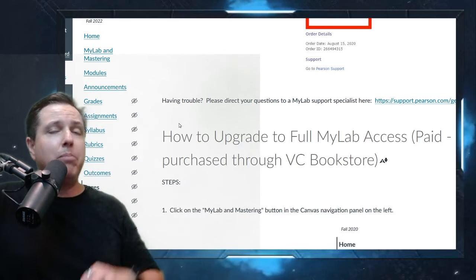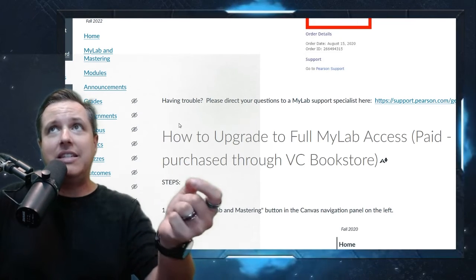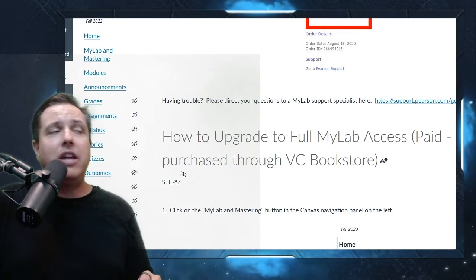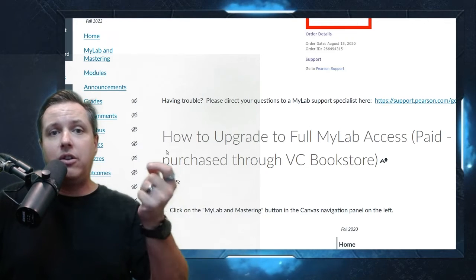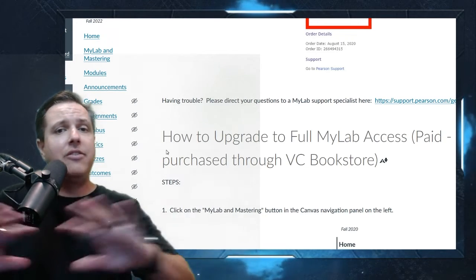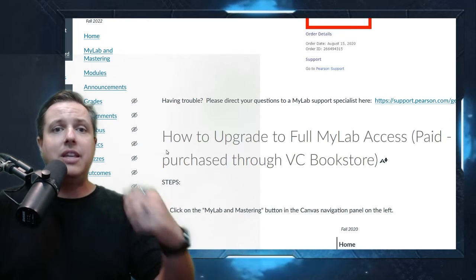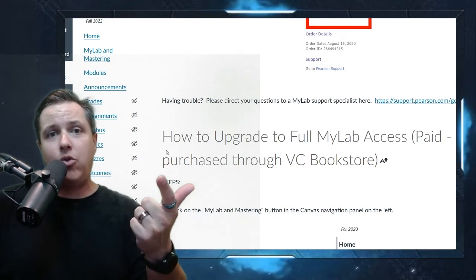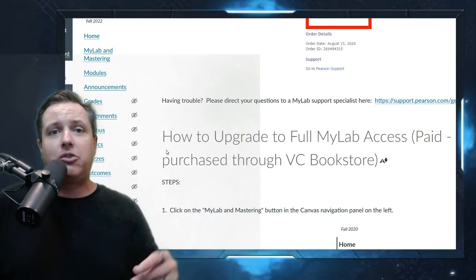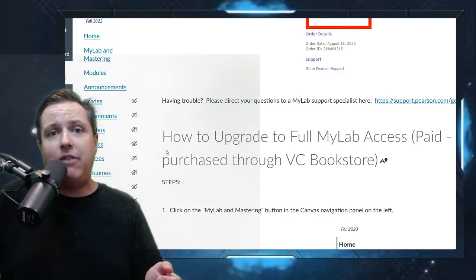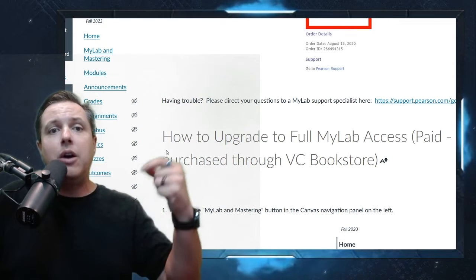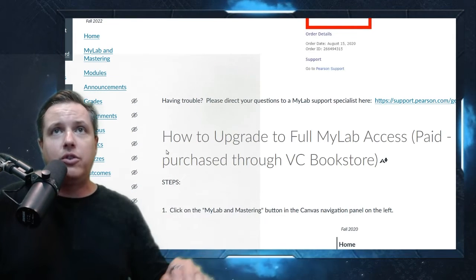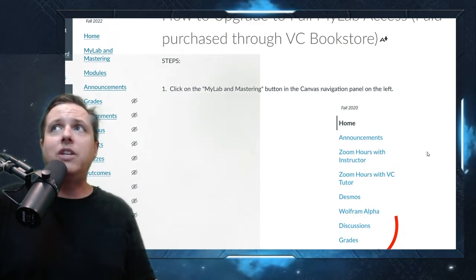But you do have to go through the bookstore and get that license. Once you have that, then you'll come back and follow these steps to get the full upgrade to the license, and then you're good for the whole semester. You get the ebook and you get access to the homework totally through the rest of the semester. So you get that right now for a 14-day free trial, then work with the bookstore to get your free license, enter the code, and then you're good for the whole semester. Okay, so just follow these directions.